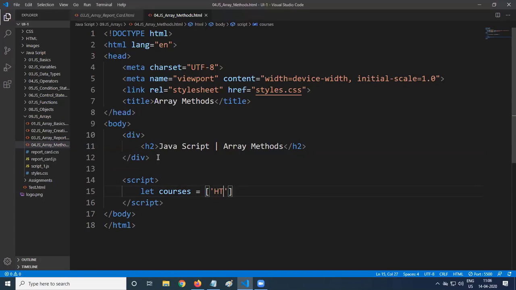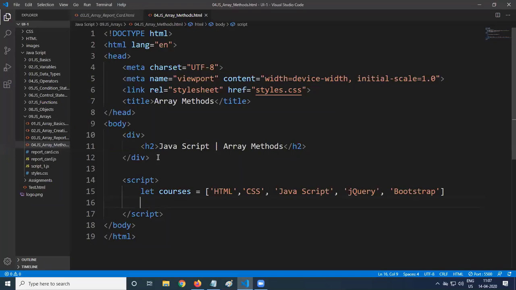HTML, CSS, JavaScript, jQuery, and Bootstrap. All are string type data. So these are all the contents of the array.